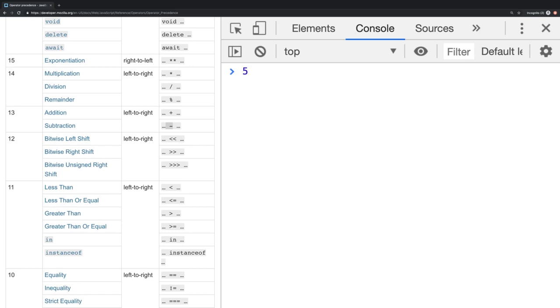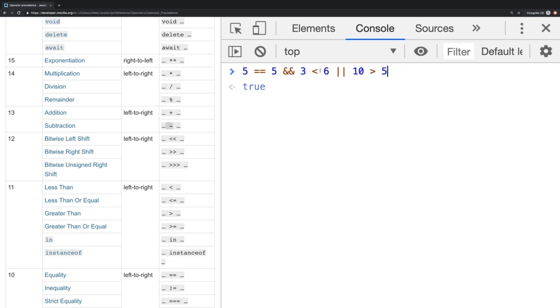But of course, the question, for example, is if you have 5 equal 5, and you also want to check if 3 is smaller than 6, or if 10 is bigger than 20, well, in which order is that executed? Does JavaScript check this and then check the result of this comparison? Or does it check, is this true, and this true, or this true? That, of course, matters, because if we change this a little bit and we say, is 10 greater than 5, so this is true,